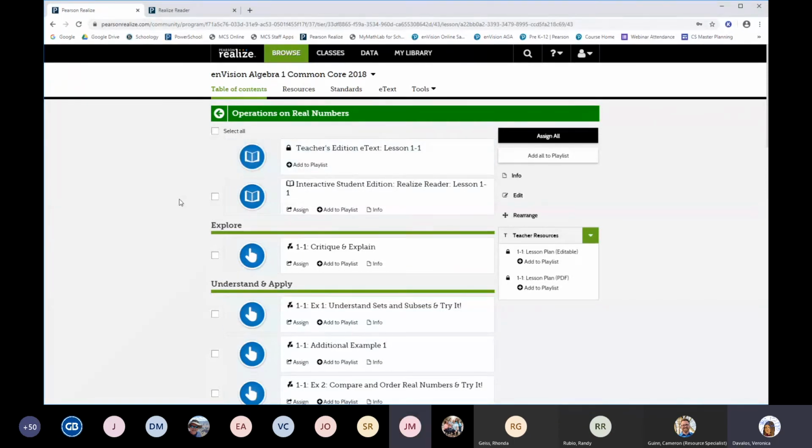Hey, Veronica, while you're right here, Heidi has a question about the test generator. Can you show where the test generator is? Yes, the test generator has to be actually installed by our computer techs, since we're not allowed to install anything on our devices. So what I would suggest is,